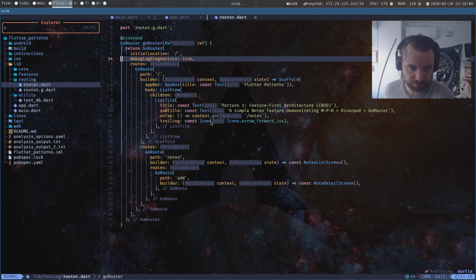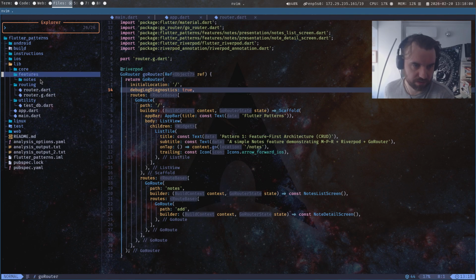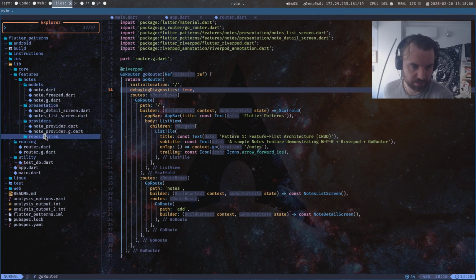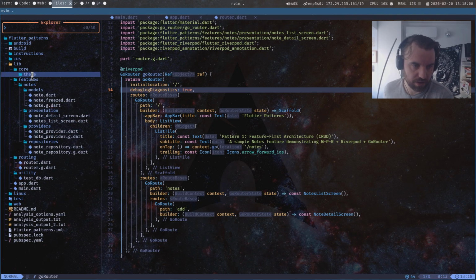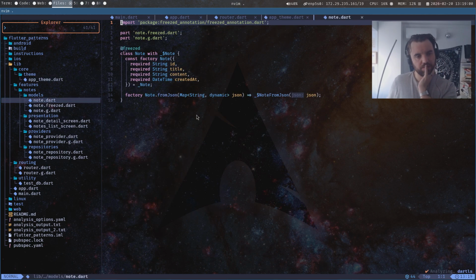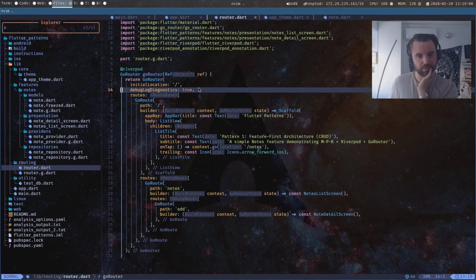Basic router, go router, and then it's just a notes app. So this is the model, presentation, providers, repositories, core, and a bit of a theme up here. And what I mean by drilling is, for example, if I wanted to learn this router pattern, I would just do like,